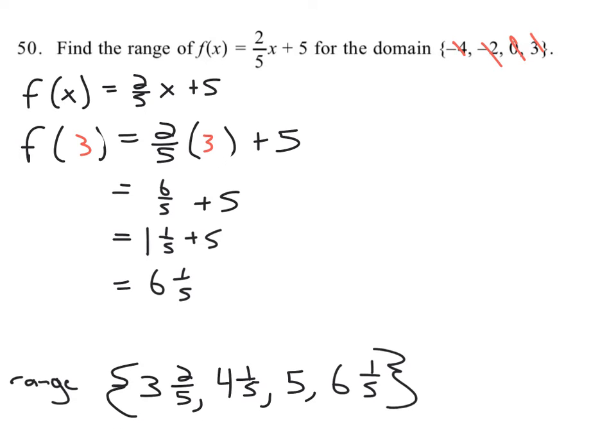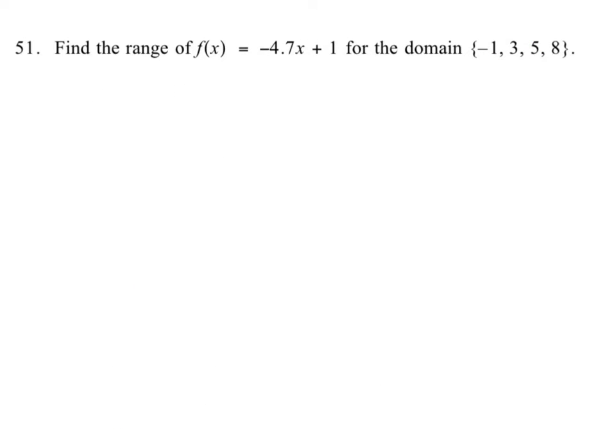Let's see what they're giving us for the third. Okay, they're just testing us with the decimals now. First one was whole numbers, then they did fractions, now they're doing decimals. So we're just going to recreate this one more time. F of x is equal to -4.7x plus 1. And then we say okay, then f of, in this case, -1, because that's the first domain